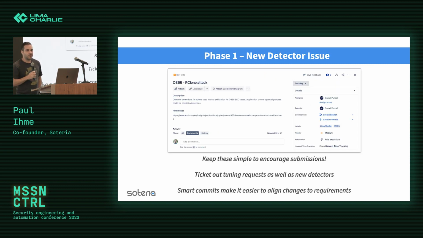So, phase 1, new detector issues. This is an example. We're sadists, so we make our people use Jira, and we'll have people put these in here, but we do have a template for these types of issues, right? So we try to make it easy. We used to have this long list of requirements. We would want a description of the technique, references, MITRE ATT&CK things, but then we also wanted example attack chains and sample commands of how you could reproduce this behavior. And, predictably, everybody's like, I just can't be bothered, right? So I'm not going to do that.